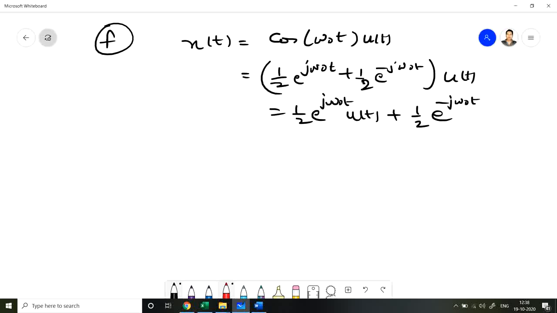According to the differentiation property, if x(t) has Laplace transform X(s), let us take it as g(t), it is better because we have already used the x(t) notation. So if g(t) has Laplace transform G(s), then the Laplace transform of dg(t) divided by dt is